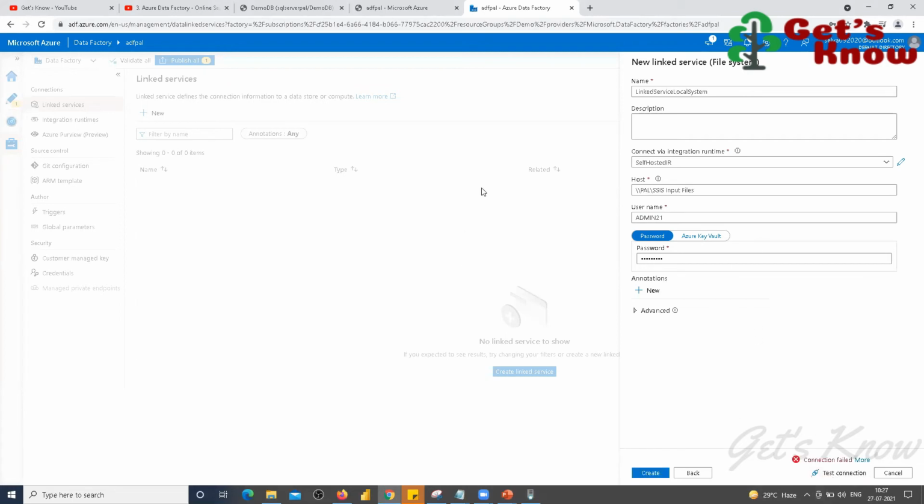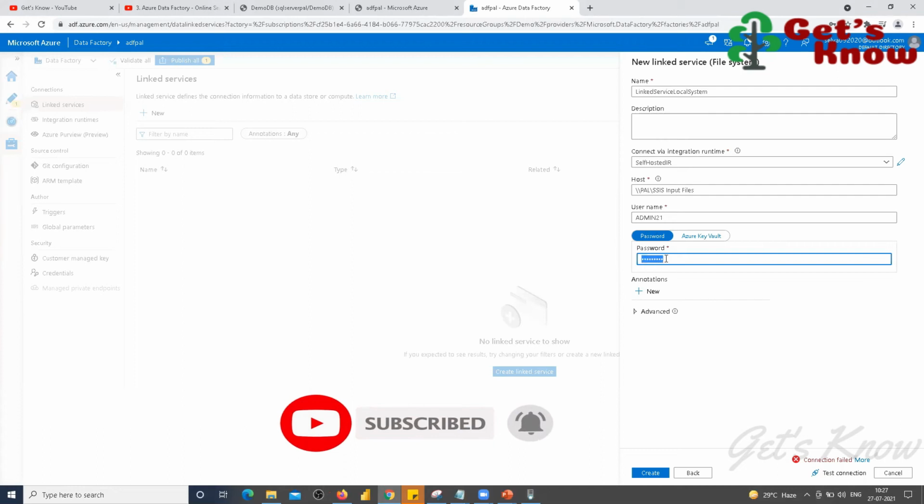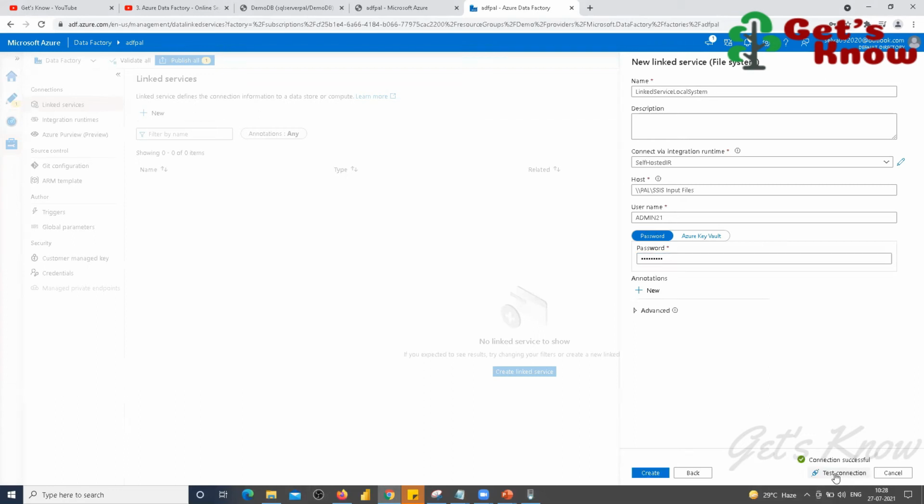It's still not working for me. Why? SSIS input files, admin 21, might be the password. So now it's working fine. I think I had given the wrong password. Now it's working. Connection successful. So the linked service for the local system has been created.